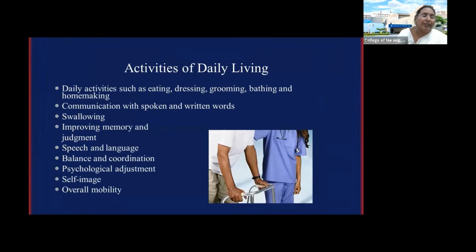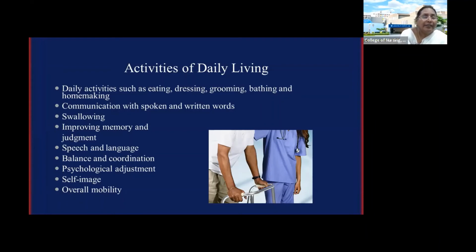If it was a mild or minor stroke, there may not be a need for all these things. But definitely if a patient comes with an MCA stroke, he is going to have aphasia. If it is a patient with an ACA stroke, anterior cerebral artery, he is going to have problems with his leg. If it is the internal carotid artery, there are going to be different problems. So depending on the type of stroke, they're going to have problems. But these are the aims for us. We focus on all these things.